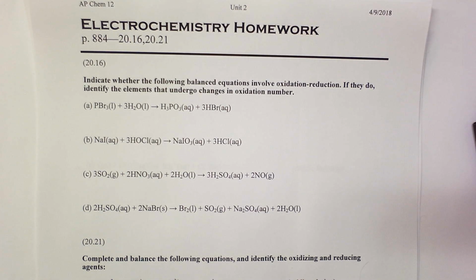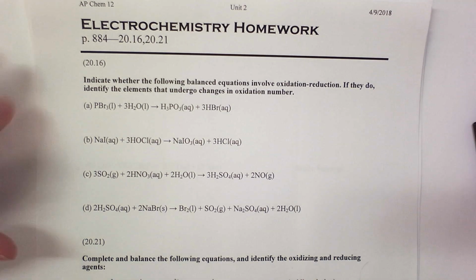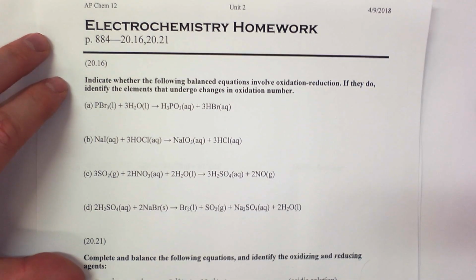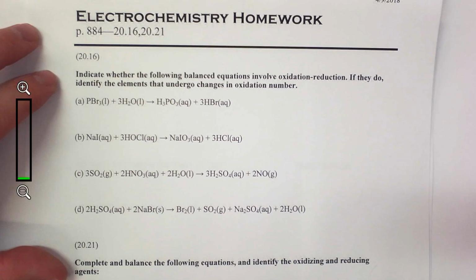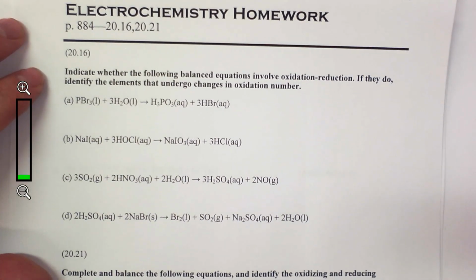So what we're going to do here is we're going to go over a couple textbook questions on electrochemistry. So basically this section is going to look at balancing redox equations in both acidic and basic or alkaline conditions. We've done a little bit of work in class, but we're going to work a little bit more on this idea. So, to start,